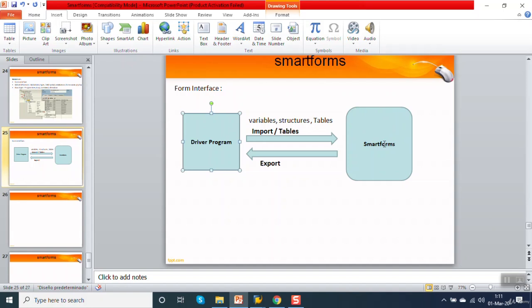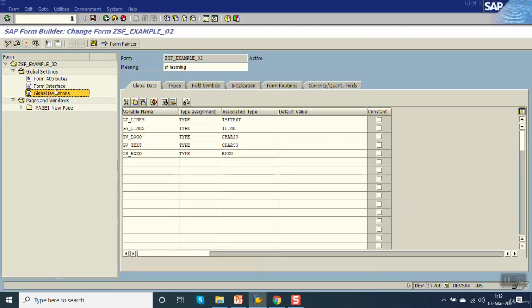Second, we can write the complete logic in the driver program, and we can pass the purchase order number along with all the tables that can be EKKO, EKPO, LFA1. All tables we can pass as an input to the SmartForm. And without writing any code in the SmartForm, you can just display the values from the received tables and variables on the layout. Okay, so in the form interface,